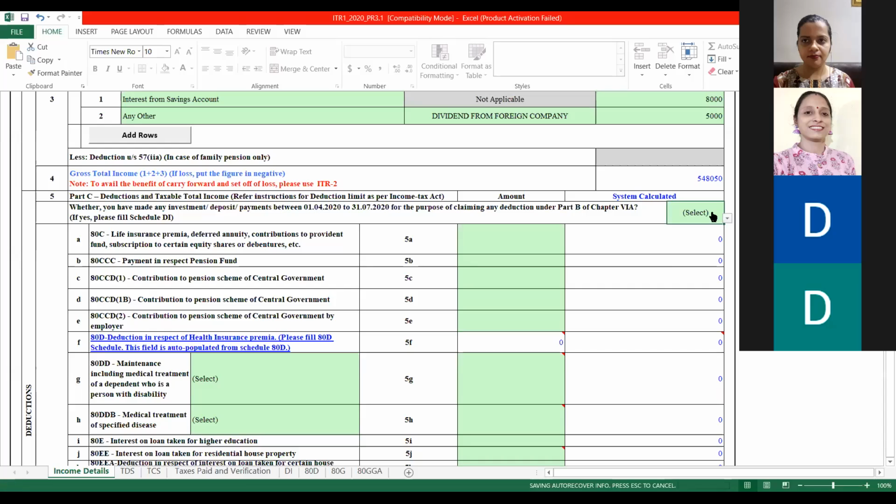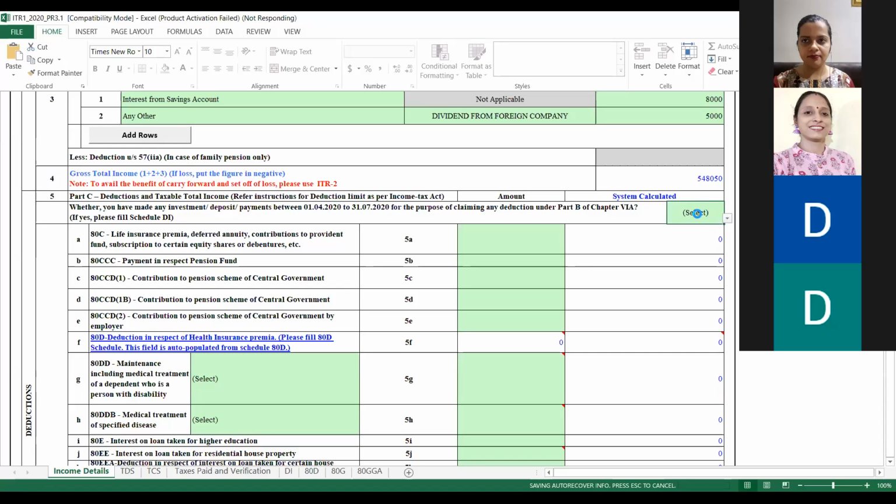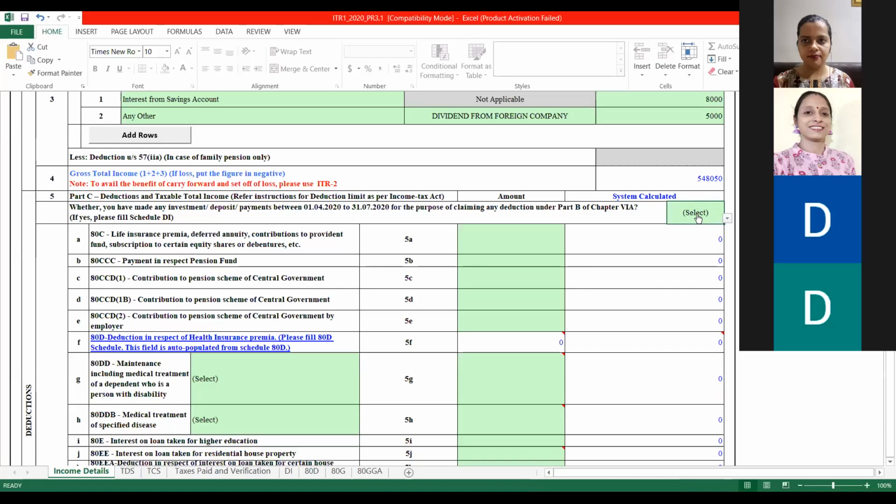to select where you want to show that particular amount, whether you want to show it for the assessment year 2020-21 or in the assessment year 21-22. Okay, so that is the option available. Say for example, if I say yes, that is I want to show that deduction in this year only. 80C, basically, we all know it covers the life insurance premium, the principal amount of home loan which we are paying, and then it also includes the tuition fees, provident fund, annuity and mutual funds and all that.